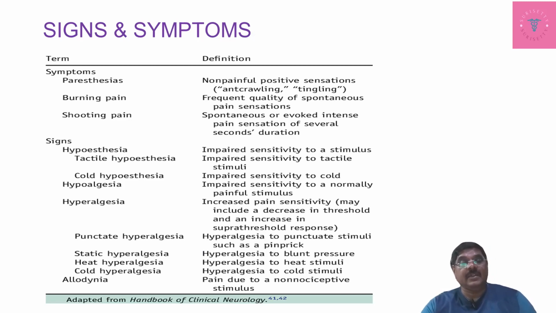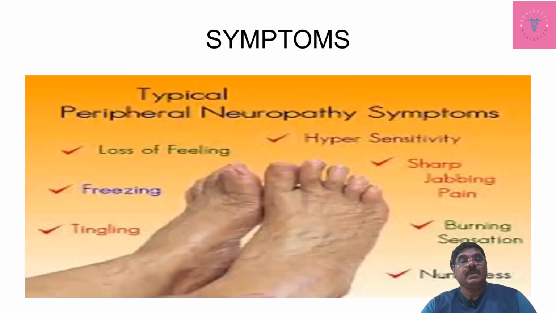Finally, the patient will land in allodynia, meaning pain due to non-nociceptive stimuli like touch and vibration. Simple touch and vibration will cause a painful sensation. So what are the different symptoms? A feeling of freezing, tingling and hypersensitivity, sharp and throbbing pain, a burning sensation, and numbness, followed by